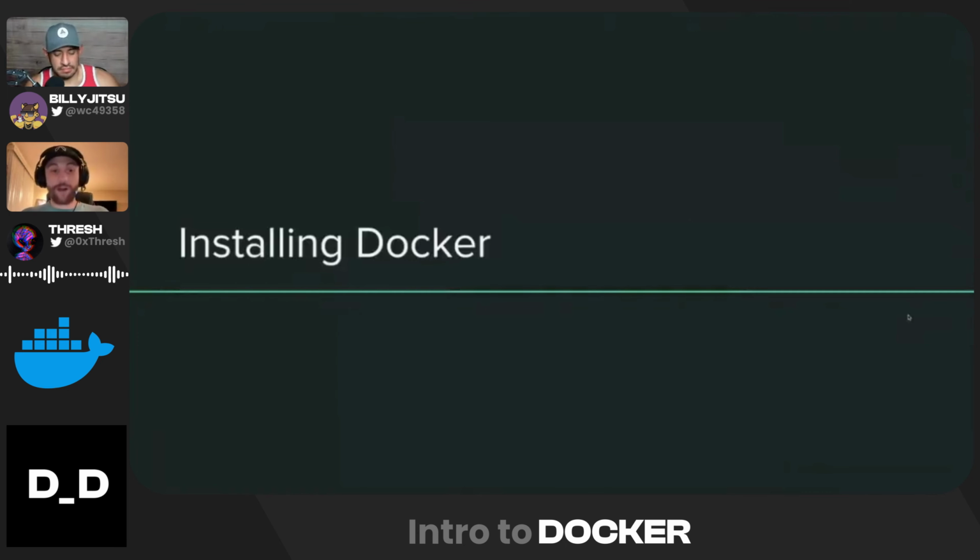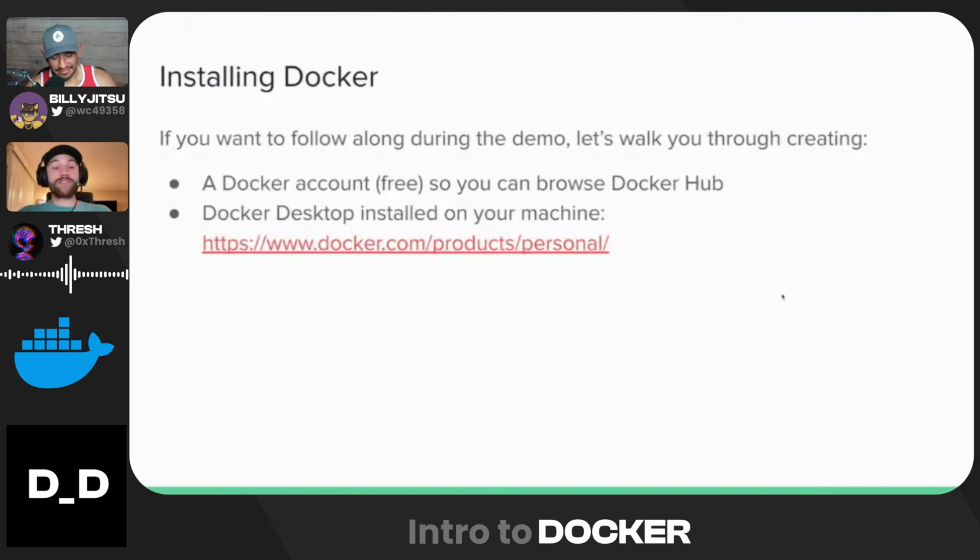The image is going to be whatever you need to help build that container. All right, so now we're going to talk about installing Docker, and hopefully this will go pretty quick for some people, but if you want to follow along, I want to make sure you've got the time and instructions on how to do this. Installing Docker is super easy, and thankfully it is also free. The way that we're going to do this is we're going to go to